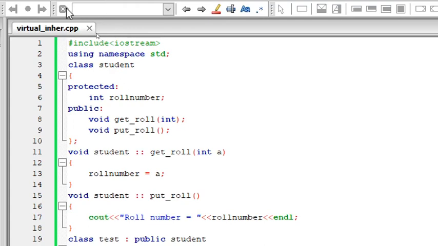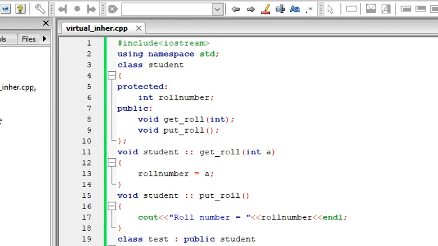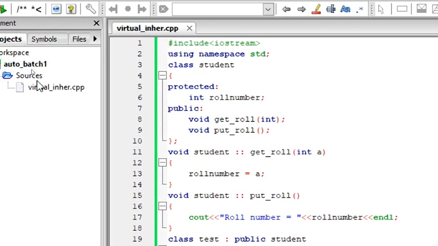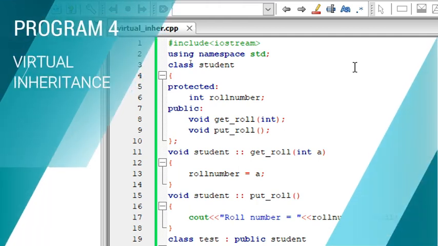I have created a new file, virtual underscore inher. I have copied the previous program, the hybrid program, within the same project I'm using. So let's go step by step. Header file, namespace. I have a class named student, and under the class student I have a data member, roll